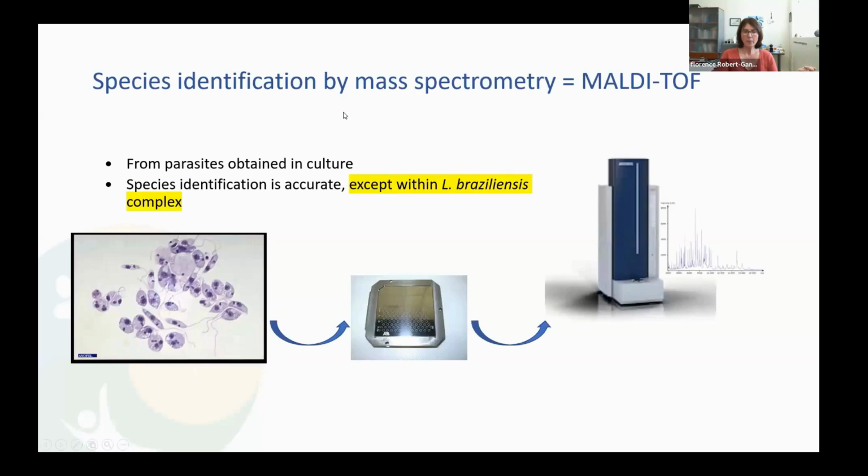A simple identification method is the use of MALDI-TOF, but it is only possible if you have grown parasites in cultures. So it's not directly usable on a sample from a patient. It needs the culture, but the result is rapid once you have the culture, and relatively accurate, except for Leishmania braziliensis complex species. So if you have a patient coming back from South America, it will lead to a rough identification and you need to have more accurate